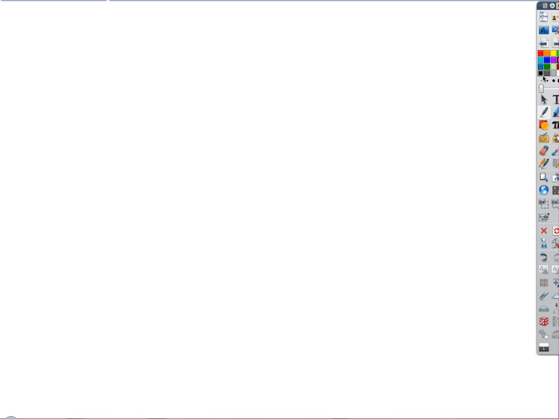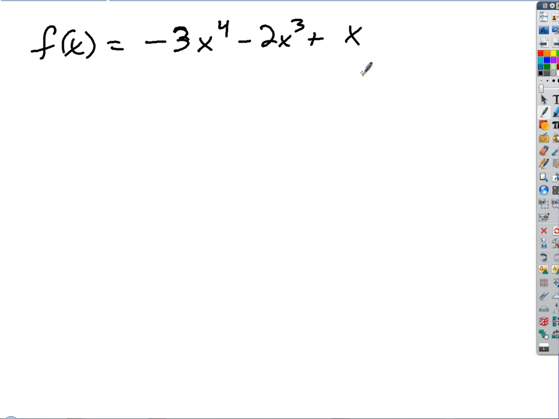Try this one then. What if you have f of x equals negative 3x to the fourth minus 2x cubed plus x. Let's take the limit of f of x as x approaches negative infinity. Let's do this two ways, but let's do the sign trick first. So the limit is going to be